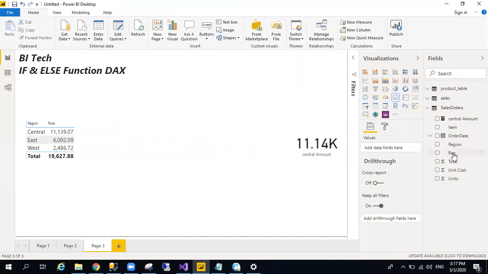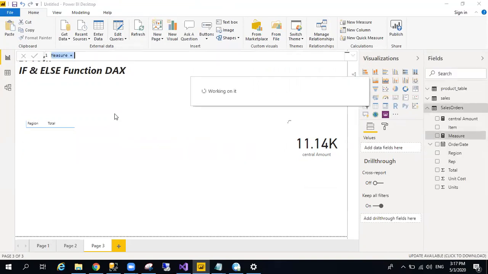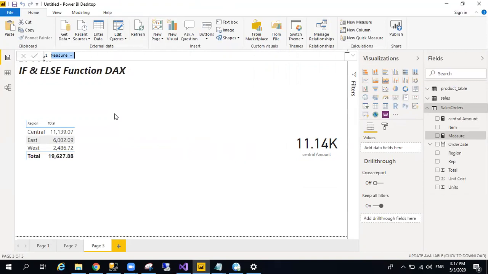Now create another measure for the east region amount. Then paste it and change it to east, and here east.